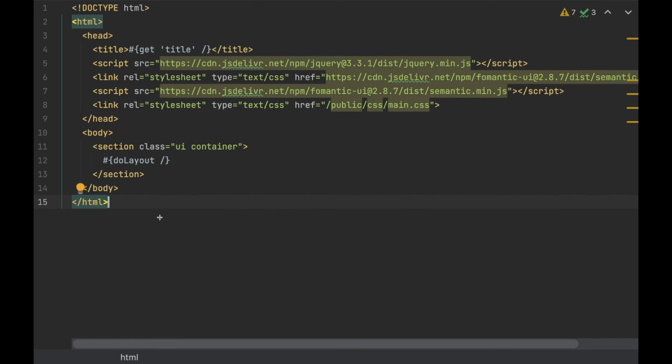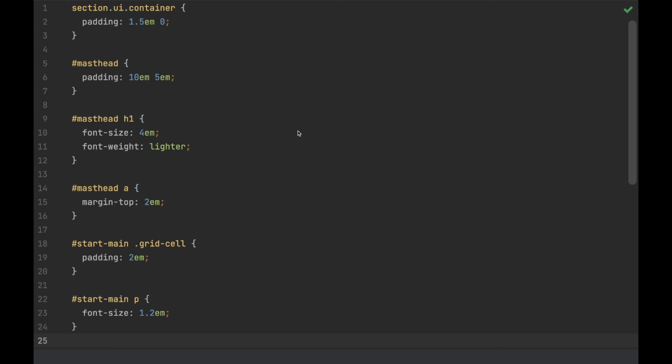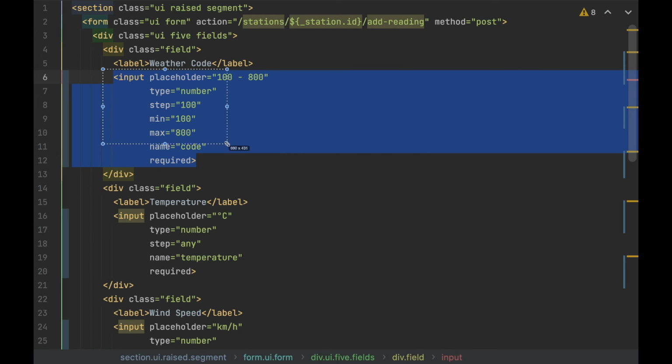Looking now at the views and the use of the templating language in the app, all views extend the base layout of main.html, where I've included a link to an additional style sheet, mainly used for small changes to the Fomantic UI styles, like adding extra padding and margin, increasing font sizes, etc. For forms, I've included HTML attributes to the input elements to perform validity checks before sending data to the server. These include min and max attributes, which prevent values outside of the range specified being sent, step, which only allows values that are a multiple of its own value to be entered, and the required attribute, which prevents submission of